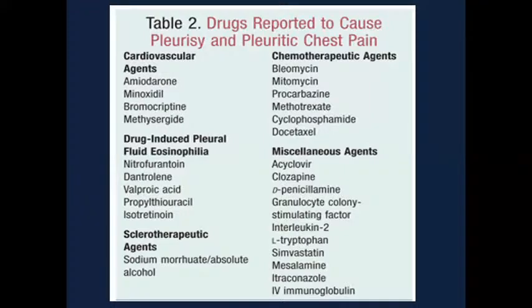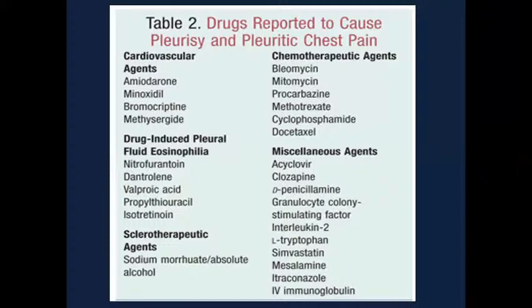Sclerotherapeutic agents, the ones that we use for example when you want to treat esophageal varices, and following sclerotherapy you can have a pleural effusion as a complication of the use of the sclerotherapeutic agents. Chemotherapeutic agents, most of those are in common use in our setting: bleomycin, mitomycin, procarbazine, methotrexate, cyclophosphamide, and